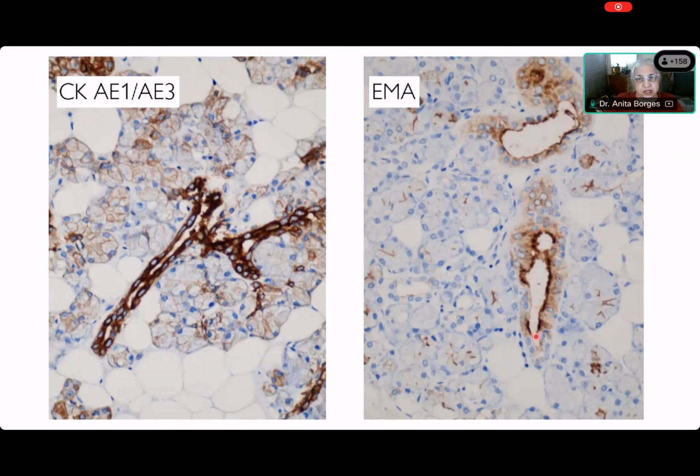expression of cytokeratin. This is something that we must understand, because if I am looking for something that I believe is acinic cell differentiation, then cytokeratin is not going to help me very much, because normal acini do not express a good amount of cytokeratin. Of course they do. It's an epithelial structure, so there is cytokeratin.